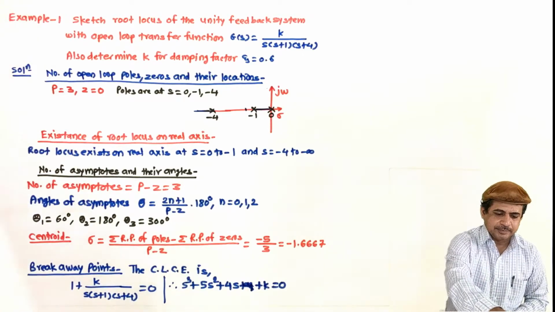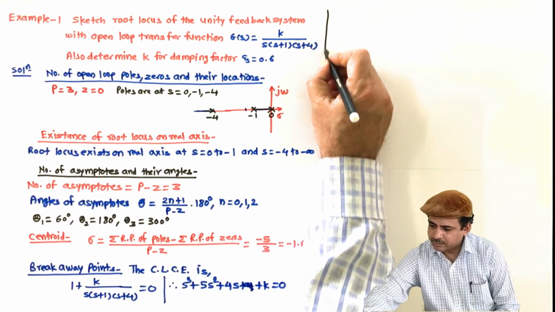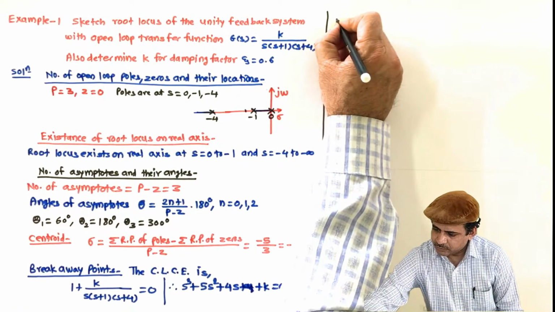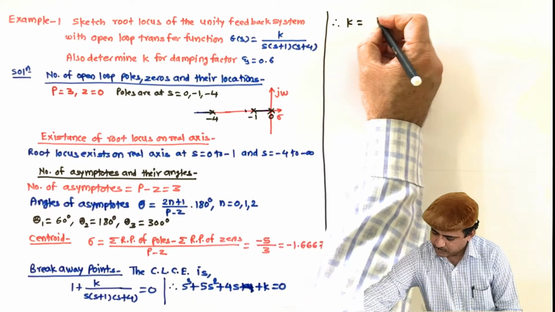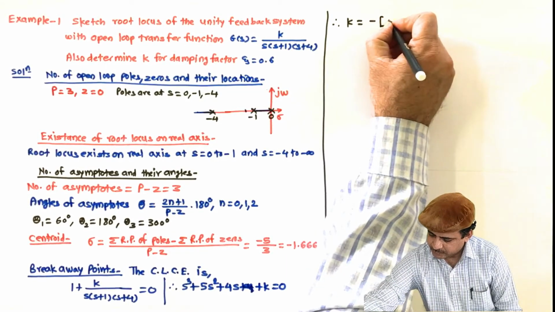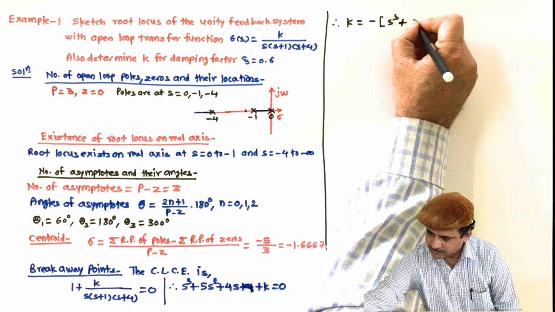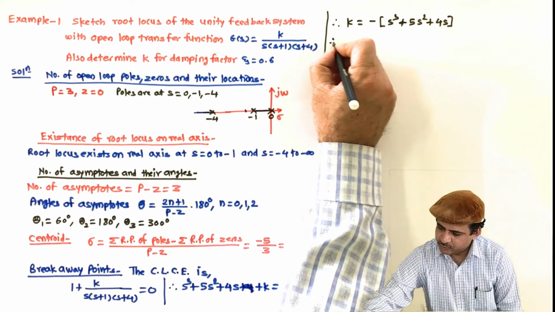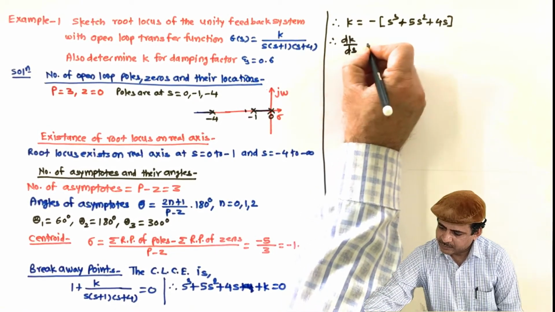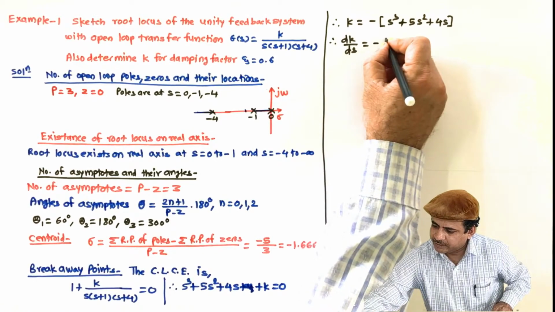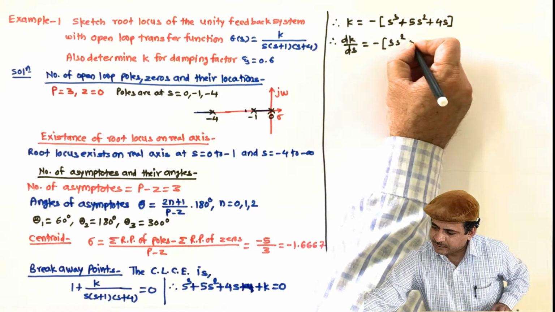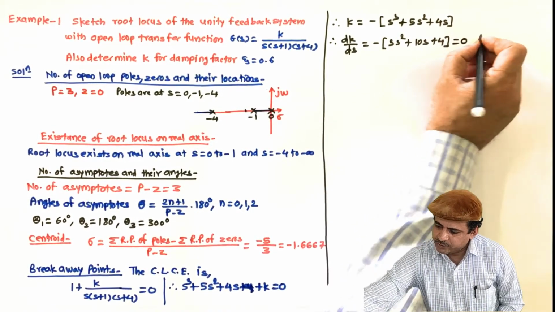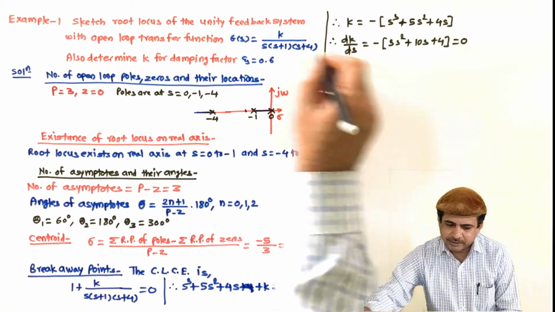And that gives me K is equal to minus of s cube plus 5s square plus 4s. So dK by ds is equal to minus, in the bracket, 3s square plus 10s plus 4, and that is equal to 0. So after solving this we get s equal to,